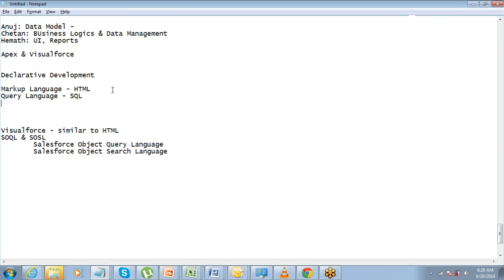And then there is another language type, which is a proper full-fledged programming language. A programming language is a complete language. Query language and markup language are not complete. A programming language is where you can write the complete story.